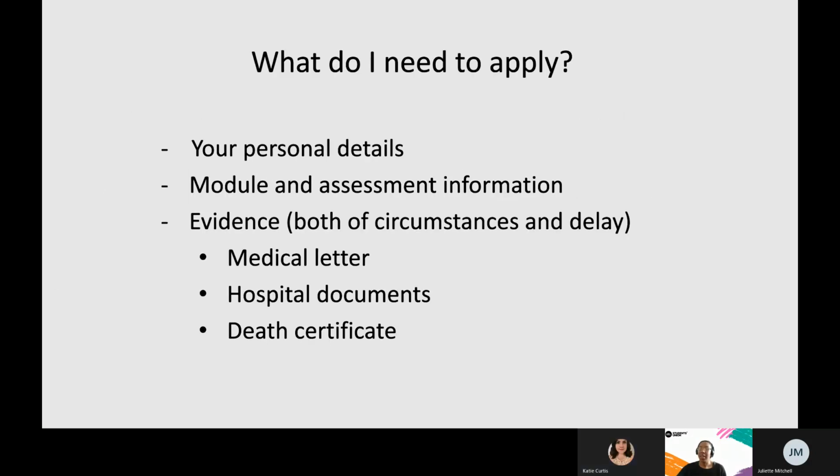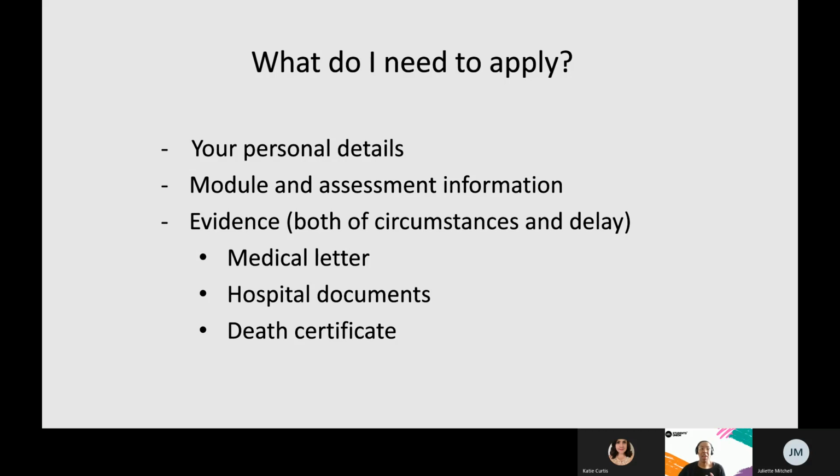So what will you need to submit your appeal? Some of it is quite obvious. Obviously, you'll need some personal details, information around the modules and the assessment of which you're wanting the extenuation to apply. But something we wanted to highlight was the need for evidence. In most instances, you will need to provide evidence to support your claim. So support letters from a GP or a mental health professional, hospital discharge letters, a death certificate in the case of bereavement. You may be able to use an order of service related to a funeral,